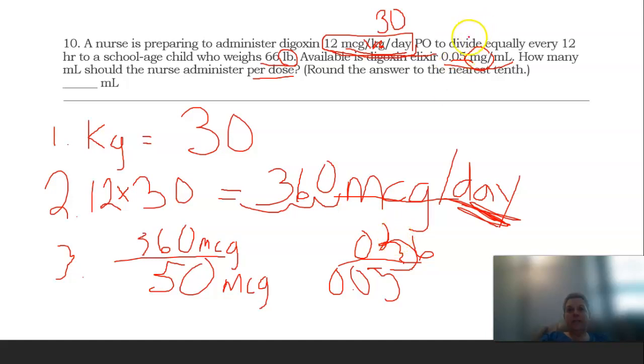Okay? Either way, I've got to do that so that everything equals out on both sides. So if I want to leave it in milligrams, I can leave it in milligrams. If I want to change it and keep everything in micrograms, I can do that too. One way or another, when I get this answer,